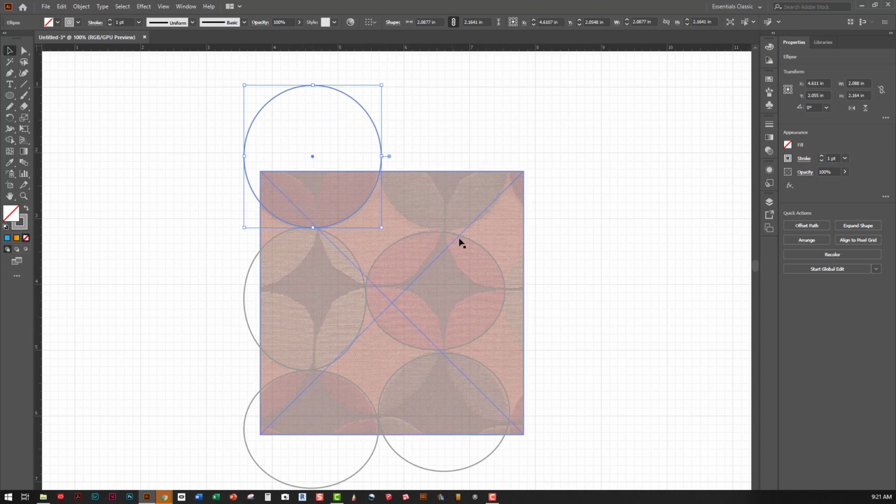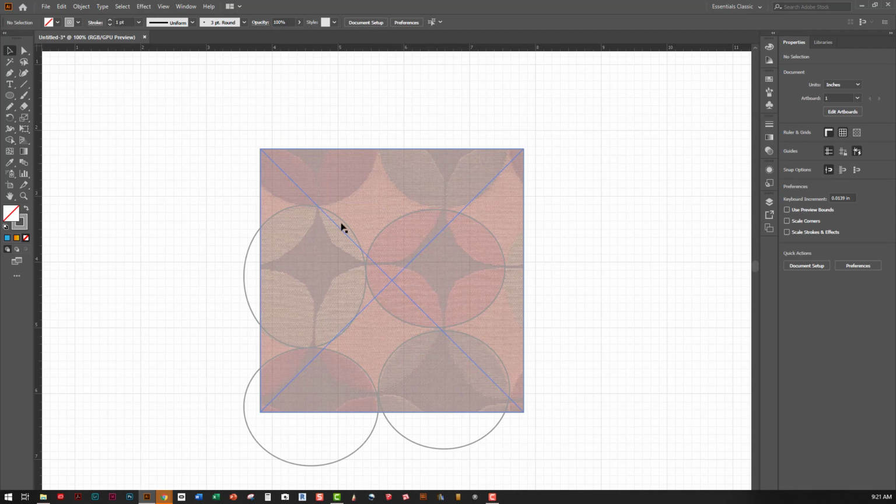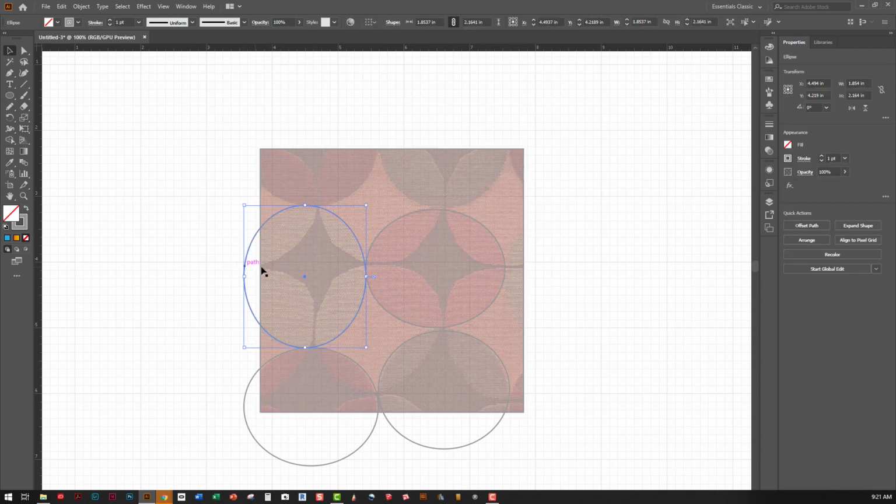Okay. Now, another thing to consider is how are you going to make this a seamless pattern? What we need here is for this shape to connect directly to this shape. We basically need these circles to match. Now, I could copy it over here, but I won't get an exact match unless I copy it an exact dimension. And this is where choosing that 4 inch by 4 inch size is really helpful,